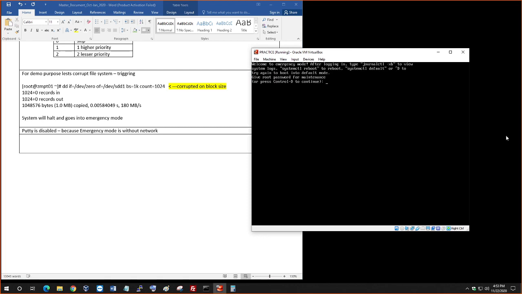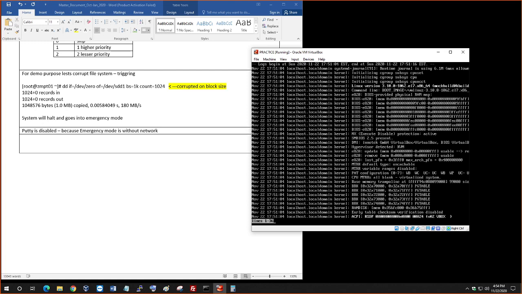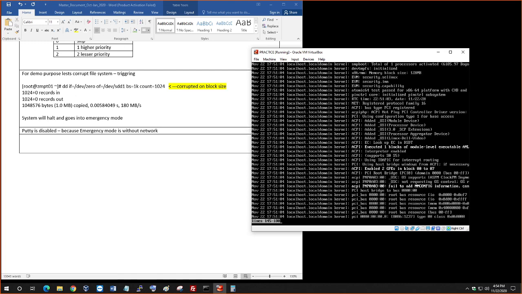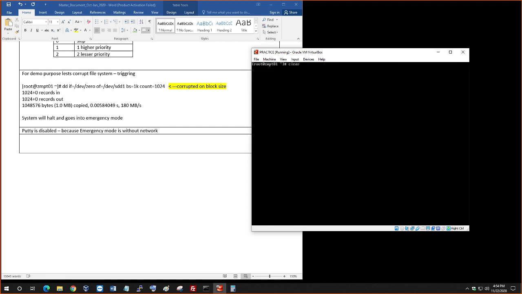Now I'm going to go ahead and put in the password. Look up here, it says check journalctl. So we're going to run that command, journalctl -xb. There's a lot of information here. So now you want to quit this, and then you might want to clear the screen again, bring up journalctl, and now you're going to do